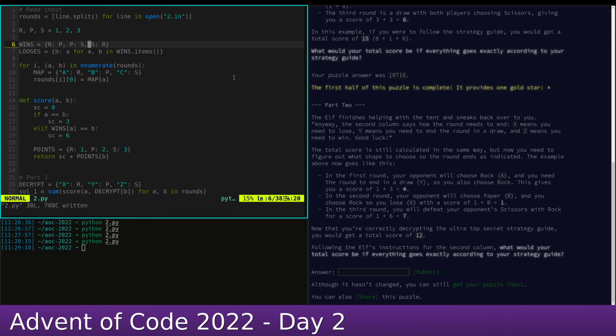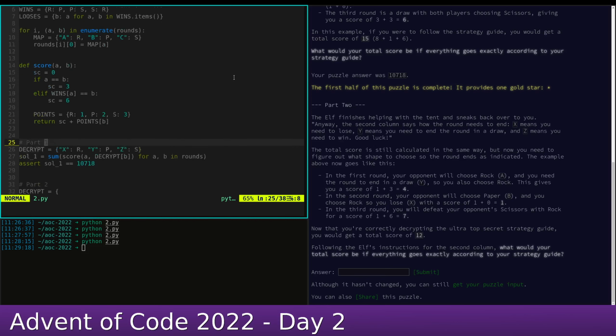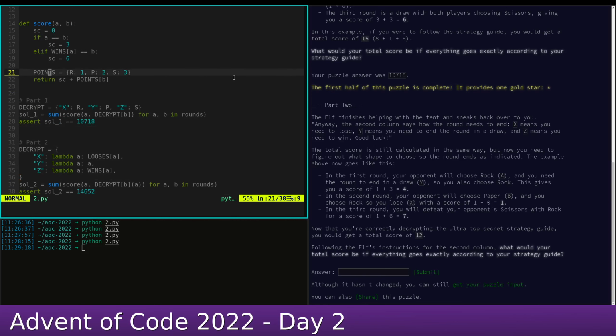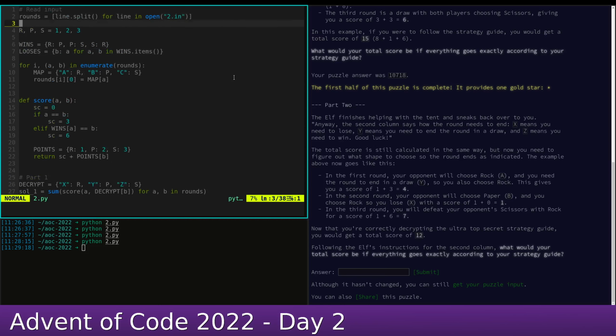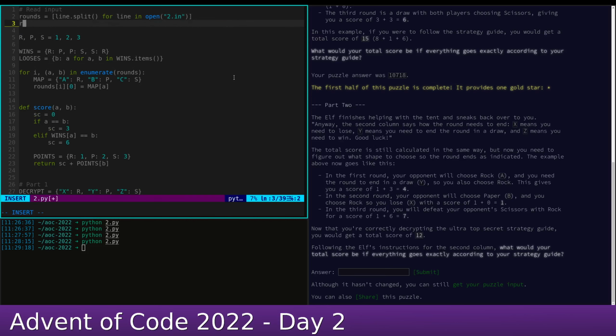So we should probably use it only here. Then the RPS, we're using it in more places for this decryption. So the only thing I didn't like, so round is a list of, we could replace this with a list comprehension, right? So it would be,